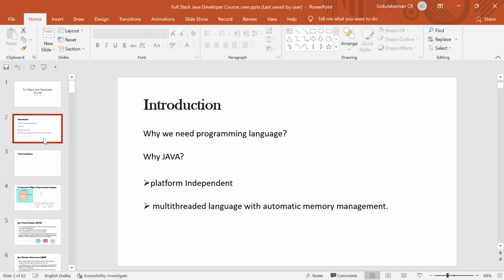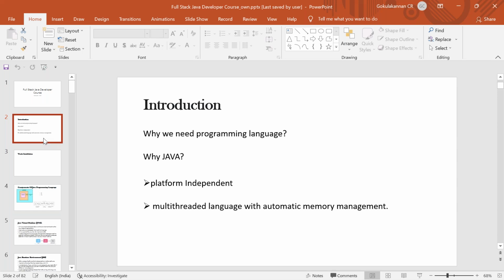My program should work in Windows and Linux also. That advantage we can see in Java. There is a slogan for Java, "write once, run anywhere." Platform means the different operating systems we are referring to here. It is platform independent: irrespective of the platform where you install your code, it will work.